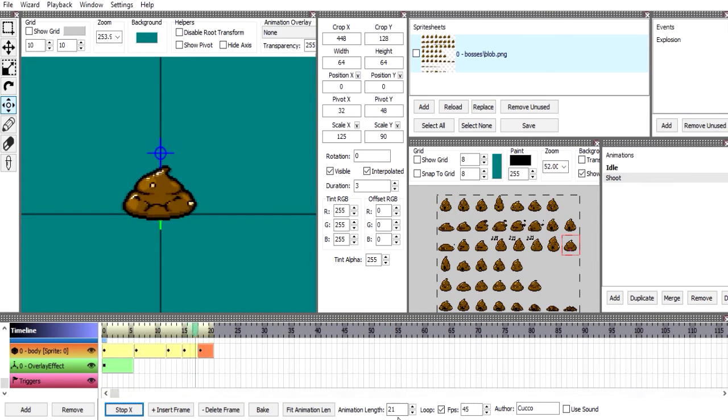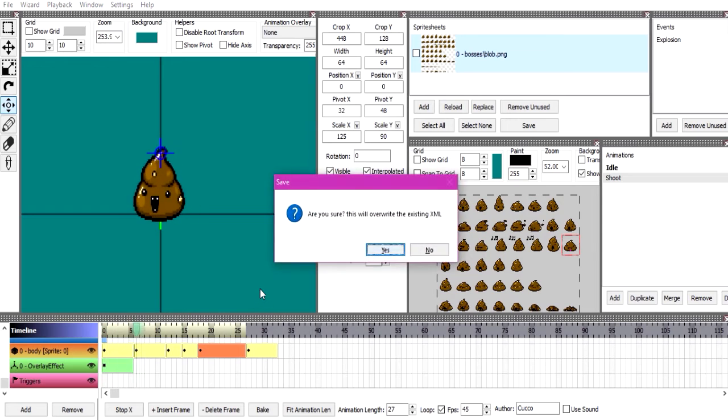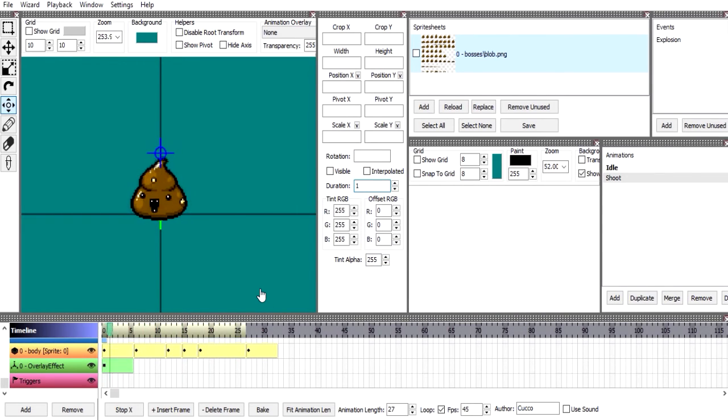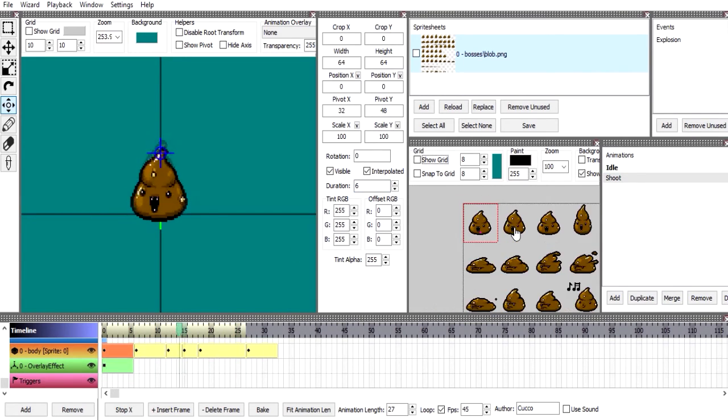I can probably extend it a little bit longer. And then go back to this. Yeah, this looks smoother. As you can see, 2 frames is all it took to make this animation. So if you're good enough at using the Anm2 editor, you can spare yourself from a lot of trouble doing the animation. For example,